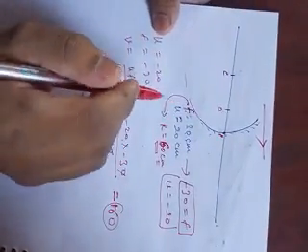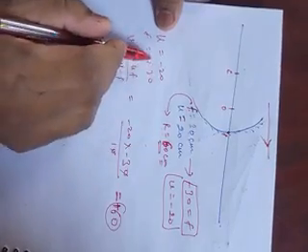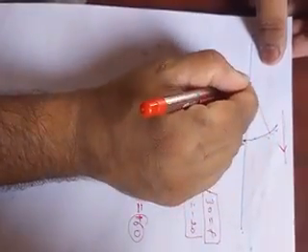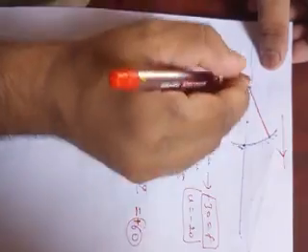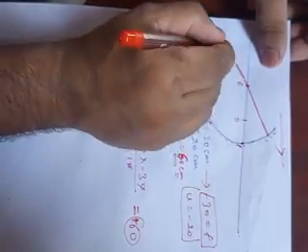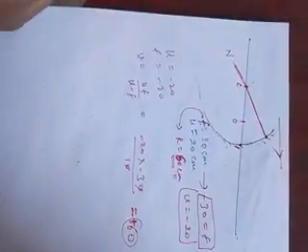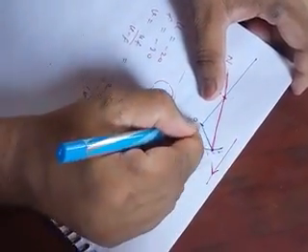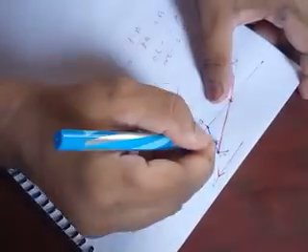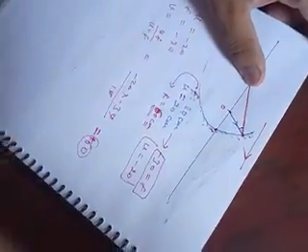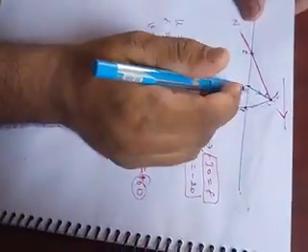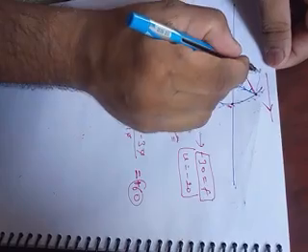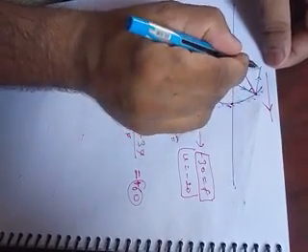See here, object distance is how much? 20 centimeter, center of curvature. So suppose you join at this point, so this will act as your normal at this position, right? So if the incident ray is like this, this angle is your what? Angle of incidence. So the angle of reflection will be the same amount. So something like this. The ray will go like this.